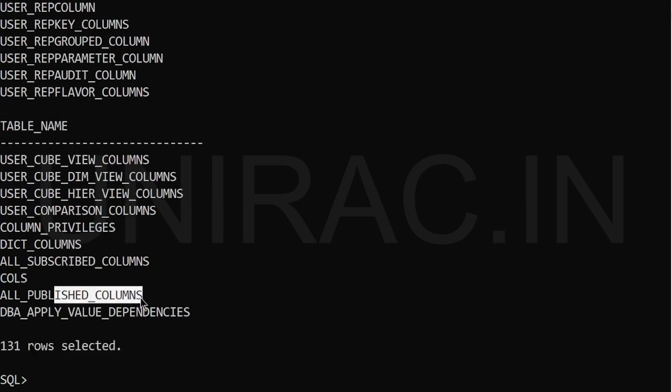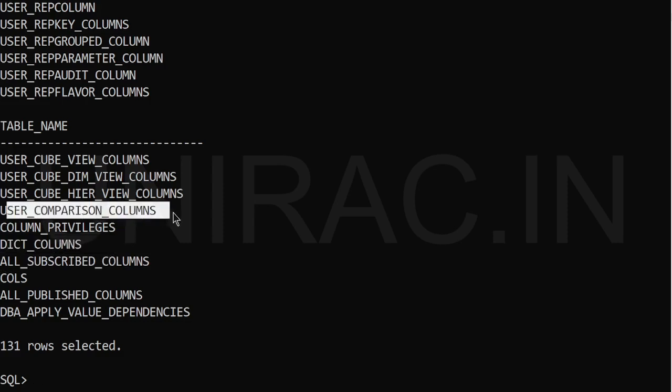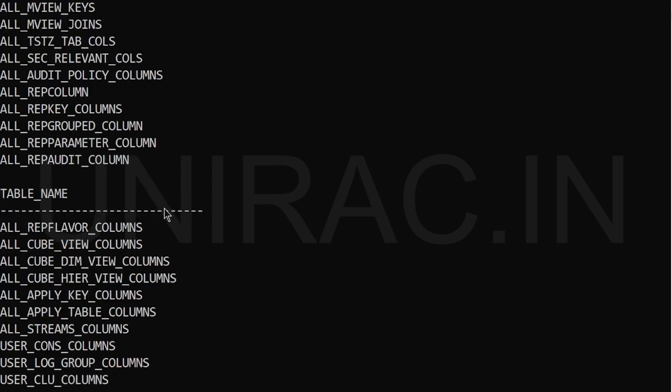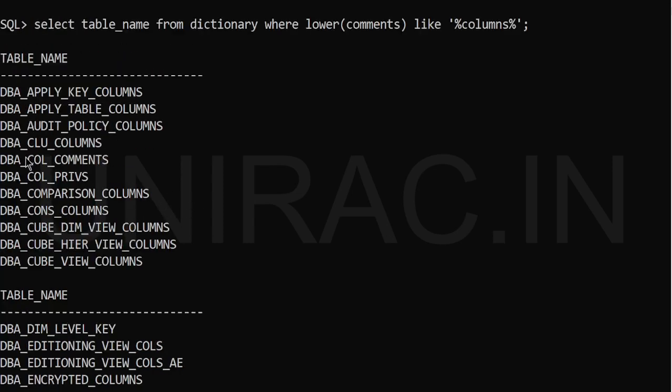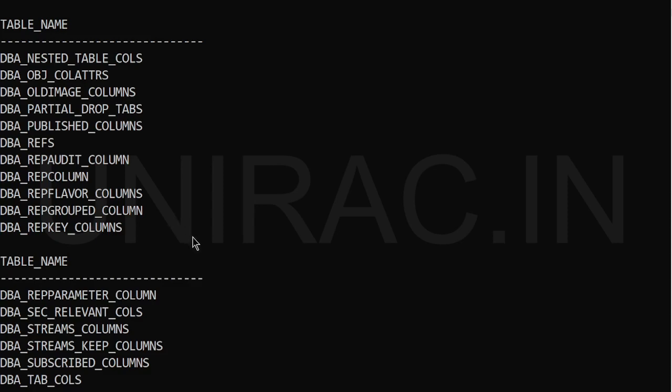We can find the columns: ALL_SUBSCRIBED_COLUMNS, DICTIONARY_COLUMNS, USER_COMPARISON_COLUMNS. So there are 131 tables with the columns pattern. These columns pattern tables we can use to create any report.